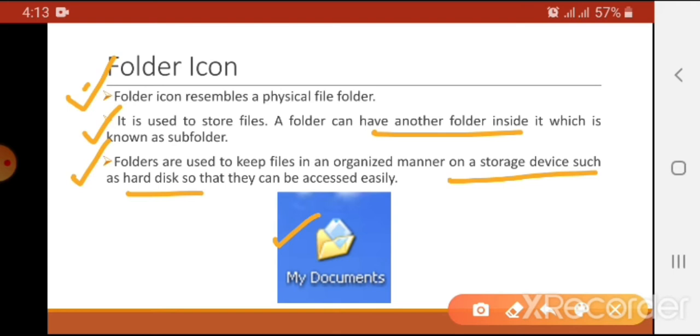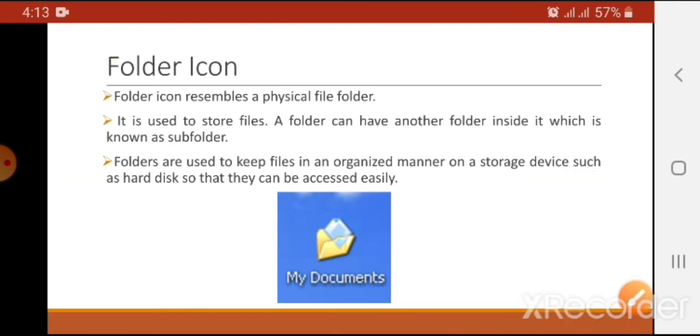In this way, it will be very easy to open the respective folder and find the respective picture or file. By using folders, we logically manage our data, and a folder can contain another folder inside it, which is known as a subfolder.